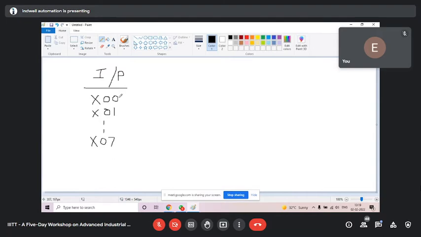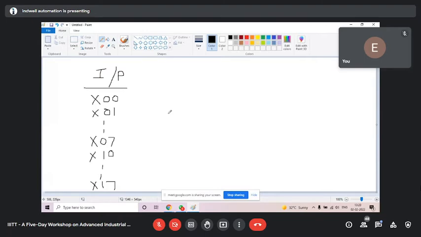Octal has 0 to 7, meaning 8 bits. Now if you want more addresses, you have X10, not X8, X10 to X17, octal number system. Then X20 to X27, like that. This octal number system we have in micro. In modular we have the hexadecimal number system.